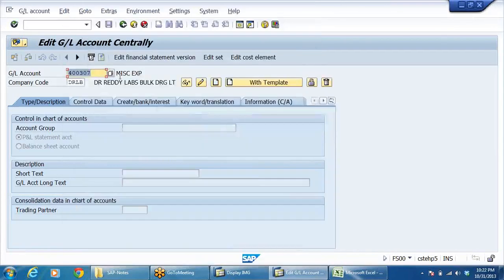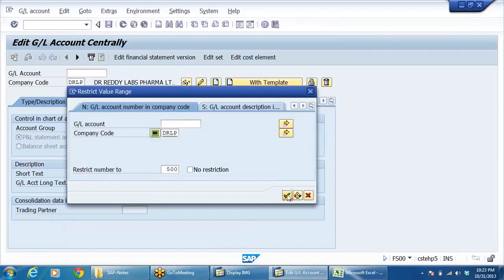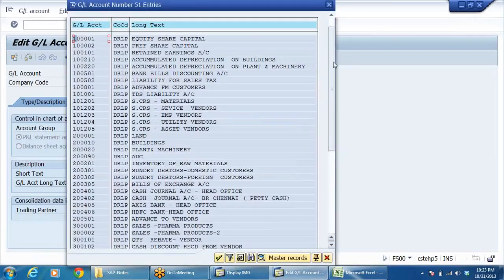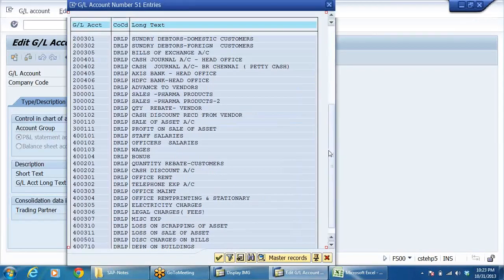Now, for DRLP, you check. DRLP. See, all GL accounts are readily available.